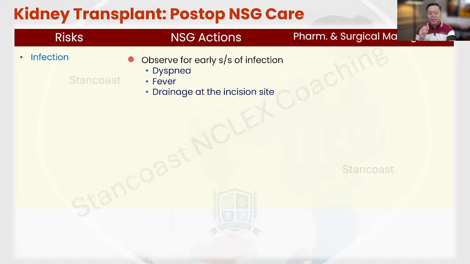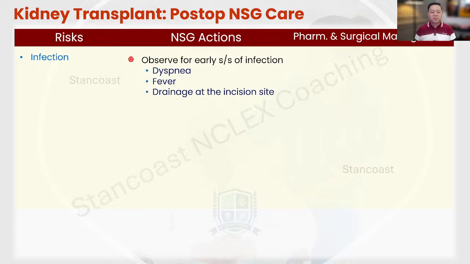Guys, I've seen so many nurses just telling me, that's okay, that's still within normal limits. I know it's still within normal limits, but when you look into the trend, make sure that you're really following how this trend is going. Is it going down? Is it going up? If it's going up, then that's not good, even though it's normal, because it simply means that something is going on. Let's say when you were on shift yesterday the patient's temperature was 97.8 degrees Fahrenheit, and the night shift documented maybe 98.2 degrees Fahrenheit,